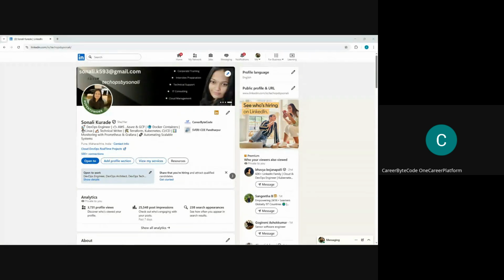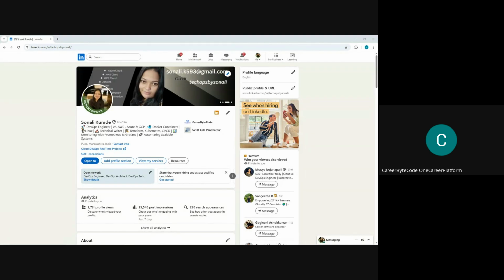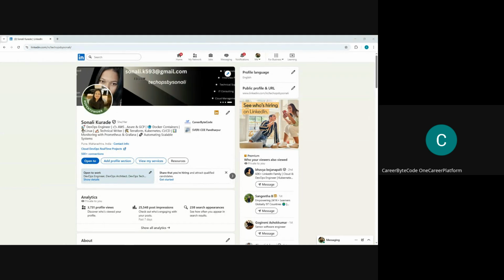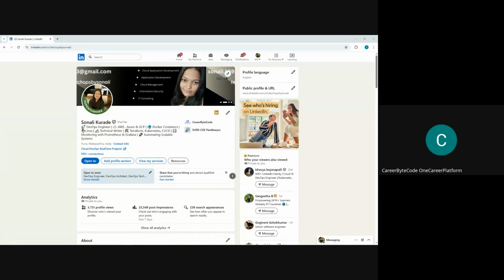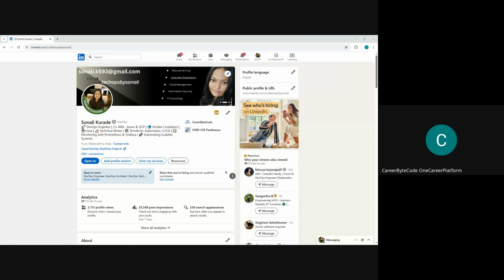I'm an expert in building cloud native systems, automating CI/CD pipelines, and scaling infrastructure on AWS, GCP, and Azure. I love to solve complex DevOps challenges using Terraform, Ansible, Jenkins, Docker, and Kubernetes. Beyond the tech, I have mentored many working professionals and students who are struggling with their career. If you need any guidance, feel free to reach out to me on my LinkedIn.